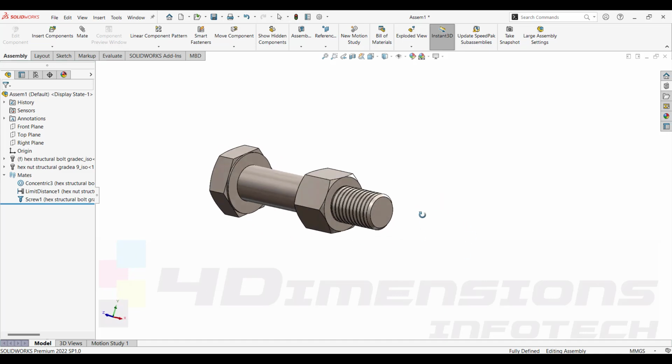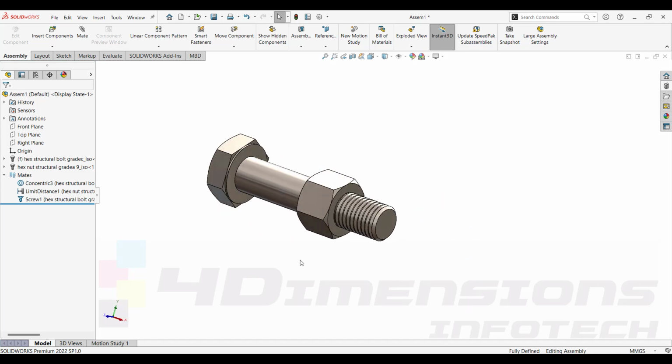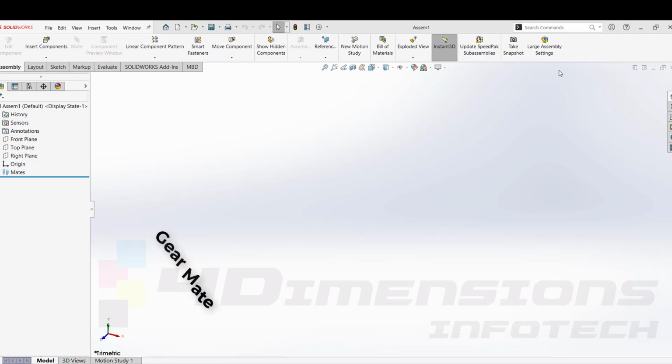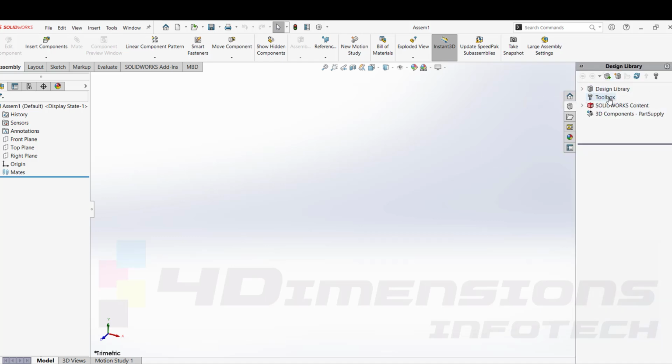Next mate we are going to see here is gear mate. To call the parts for gear mates, or to call the gears, we have the design library here, in which we can directly configure the gear and call the required gears. So we'll go for the design library option, select the toolbox option here, say add in now,